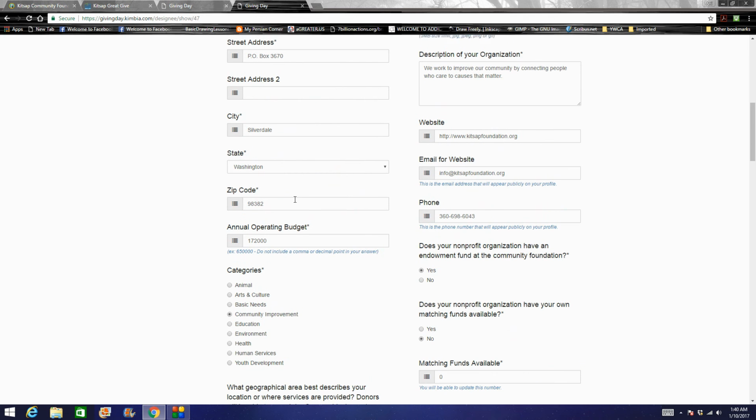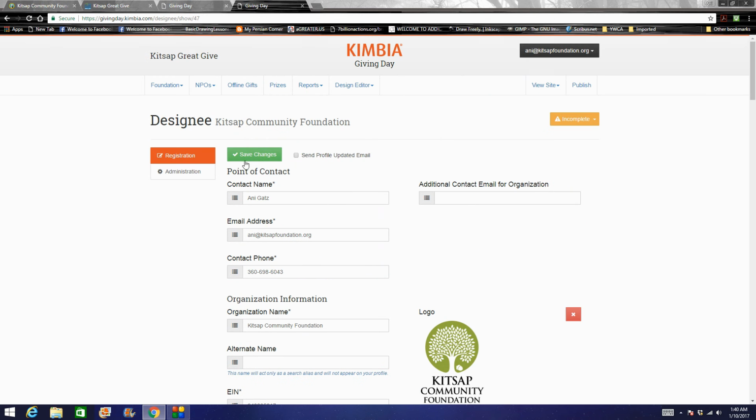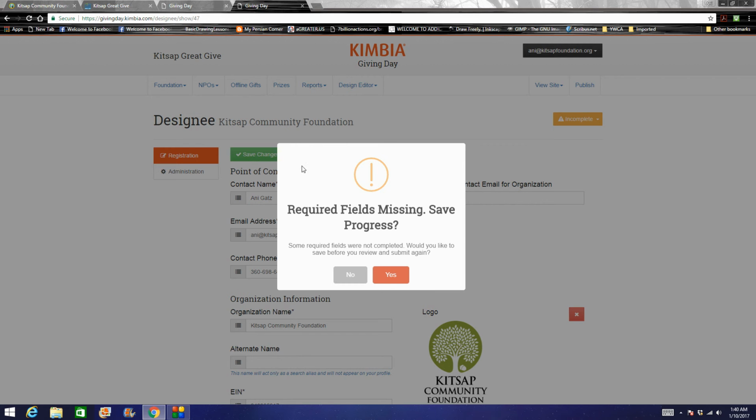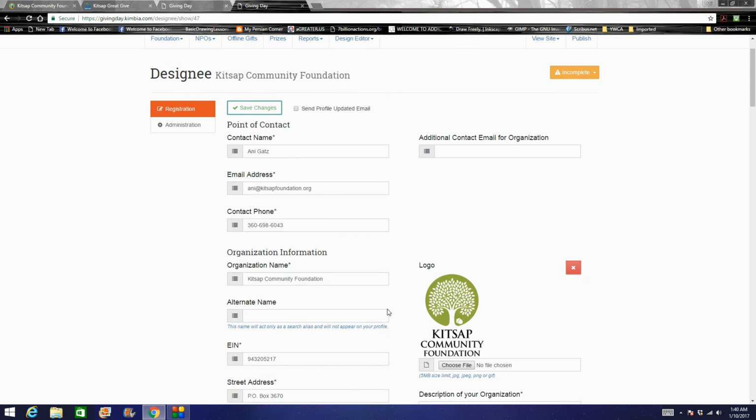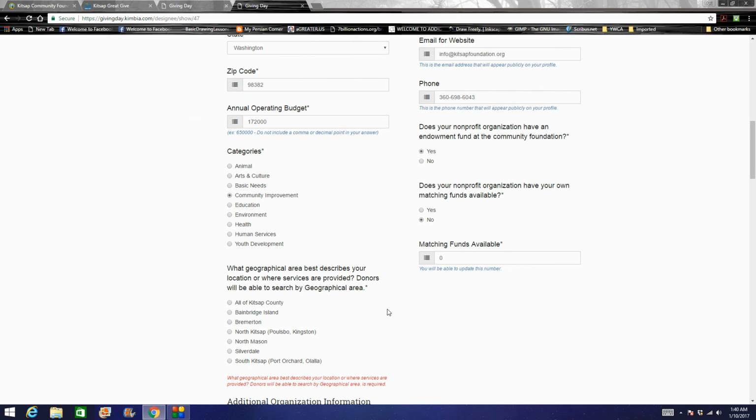Okay, so yeah, this all looks okay. I made that change, so I'm going to save it. Oh, required fields and music. Yep, I know. I'll come back and I will get to them later, but for now, I'm here. Your registration form has been successfully saved. So again, it's incomplete because I have to go back and put some stuff in here that I haven't,